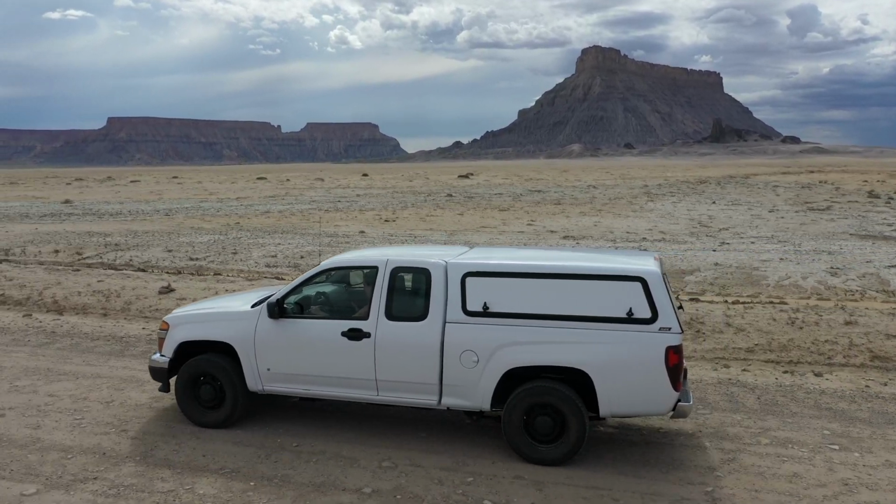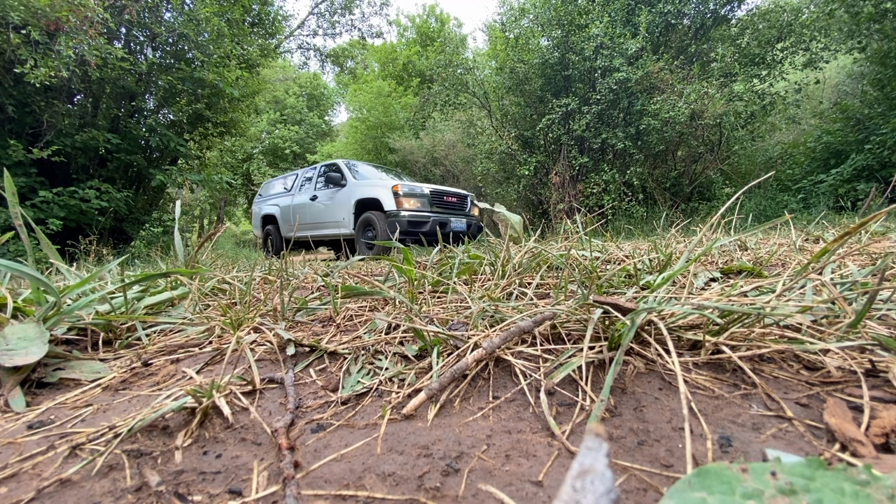bit of a leg workout. These brakes are not at all sensitive. The biggest problem I have though is not that. It's the back windows are big blind spots, and so it just takes me a little bit longer sometimes to switch lanes, which is fine. That really used to cause me a lot of anguish, but I've just learned what to avoid now in this